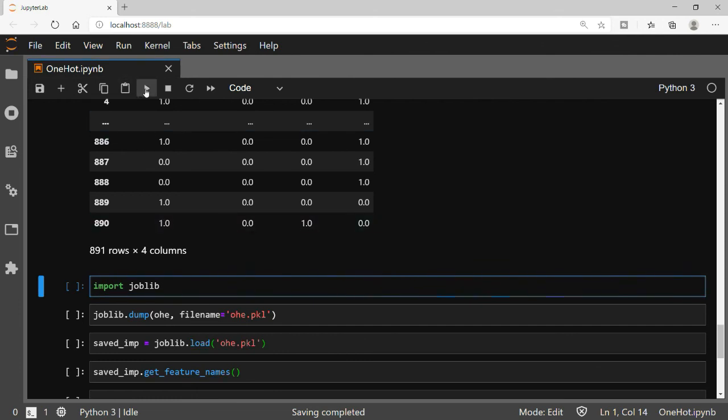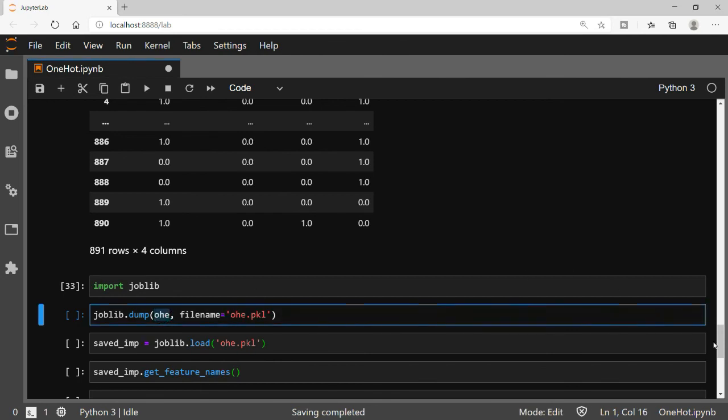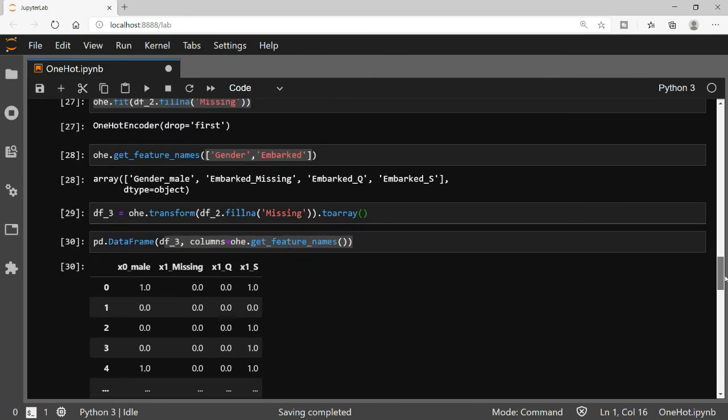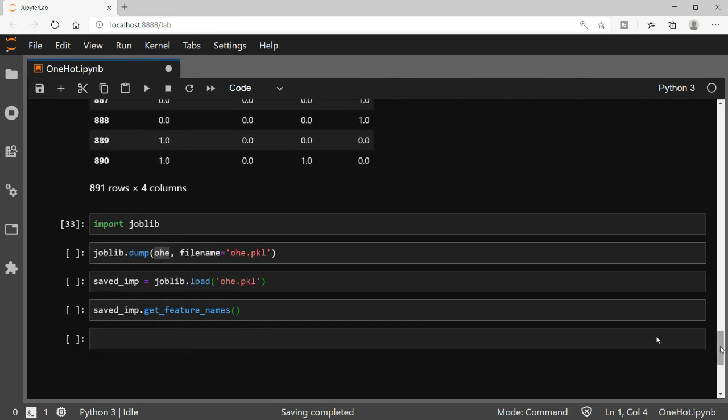I have imported the joblib library, and ohe is the name of my encoder. So now I can dump it. I write joblib.dump, then my object name, and then what name I want to give to this encoder object. I have written ohe.pkl, which is a pickle file.